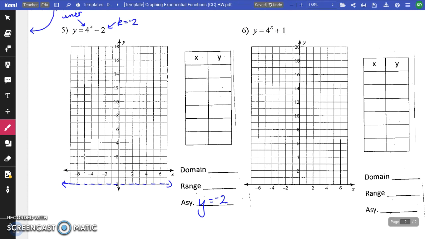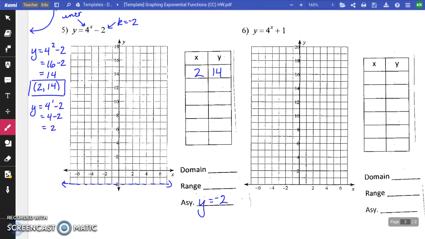Okay, if we start with +2, again, I'm just finding my points. It doesn't matter to me whether you work in fractions or if you use a calculator to find your points, that's fine, as long as you know how to correctly put in the equation to do that. So decimals are fine, fractions are fine, either way. I'm also going to do 1, so 4 to the first minus 2, well that's 4 minus 2, or 2, so 1 is 2,